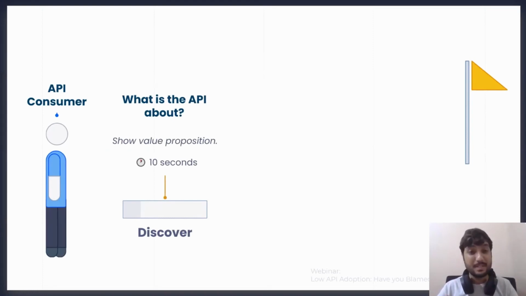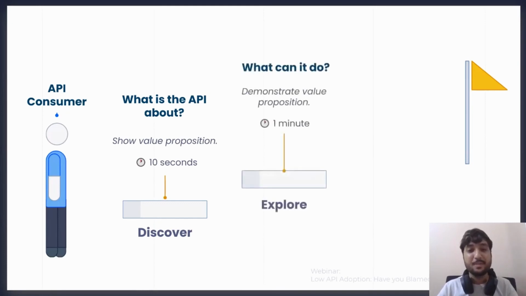And in this part, you tell them what value your API can bring for the user. And here you only have a few seconds because that's how the internet works. When people are clicking through unknown links, they only have a short attention span. So you want to capture the user at this point because the next step is quite important, and that is